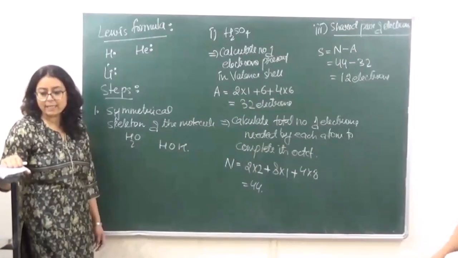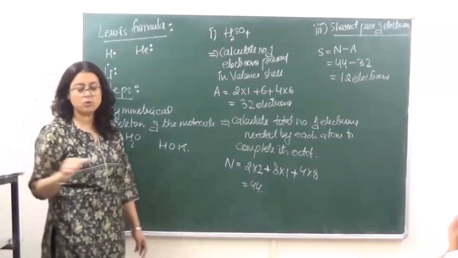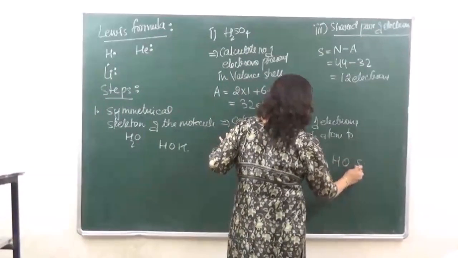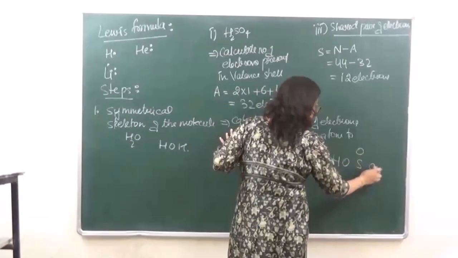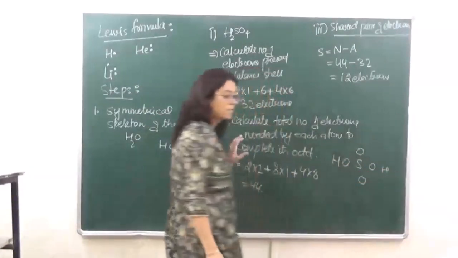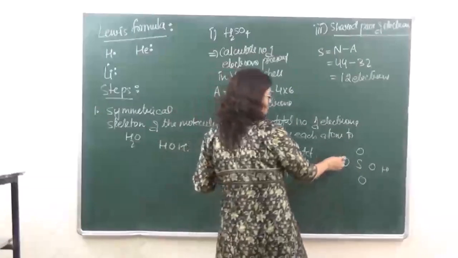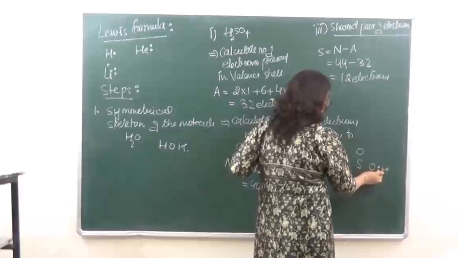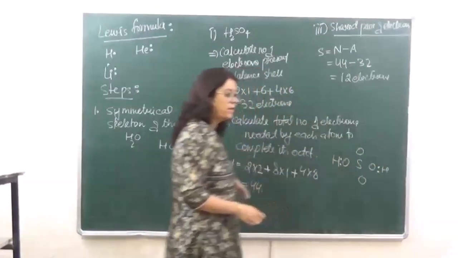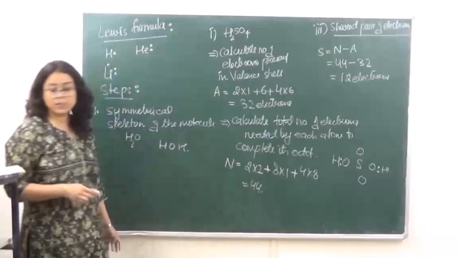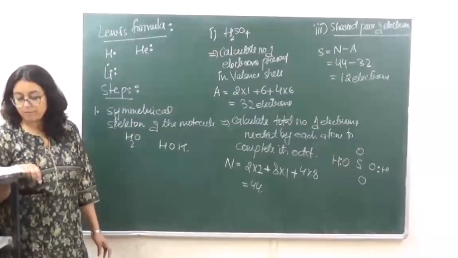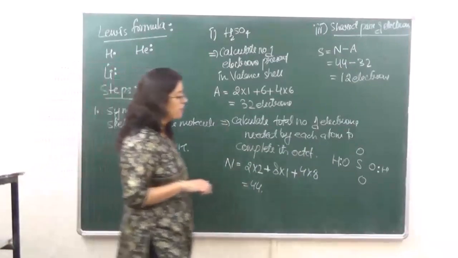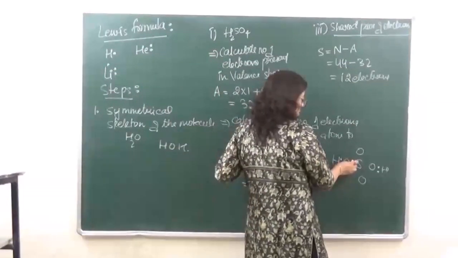So when we are looking at the formula of sulfuric acid, H2SO4, let's write down the skeleton first. Okay, so there is going to be one shared pair of electrons which is present over here. There is going to be another shared pair of electrons which is present over here. So this makes it 4. 8 shared pair of electrons have to be formed again. So let's see, 8 shared pair of electrons. How will they come?